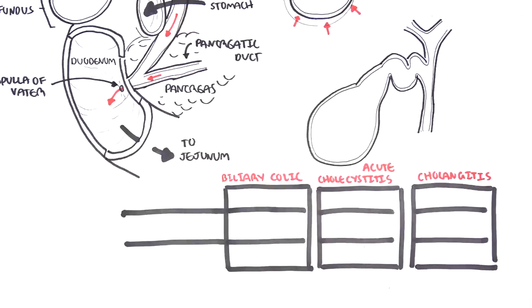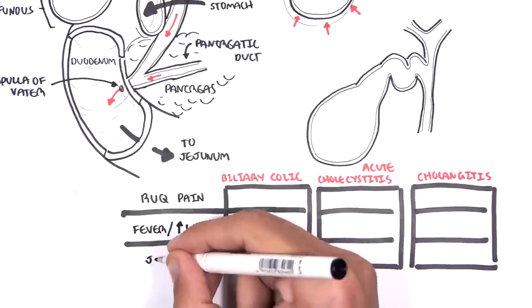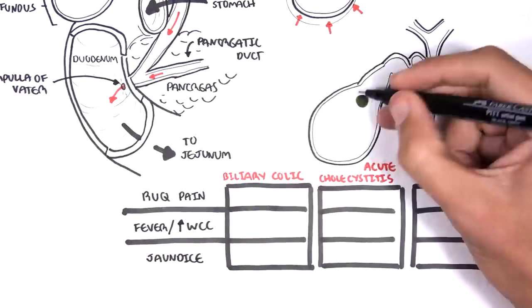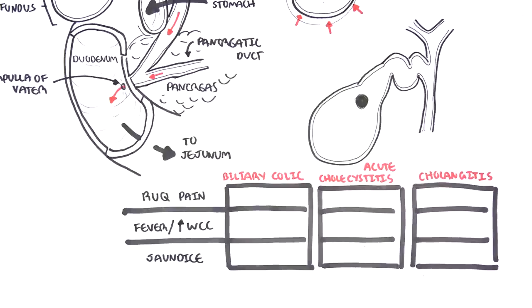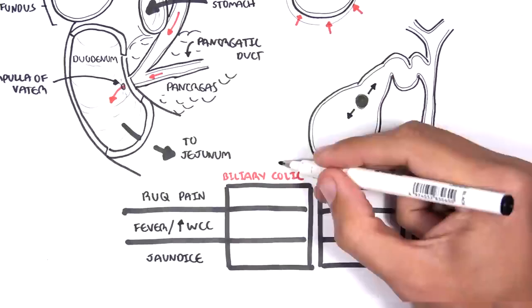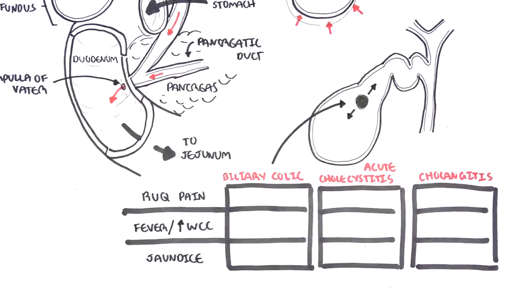We won't talk about them now, but they differ in the pain, having fever or increased white cell count, and finally jaundice, which is yellowing of the skin. So what are actually these conditions? Well, biliary colic is where there is only temporary obstruction of the gallstone at the neck of the gallbladder. So it can go